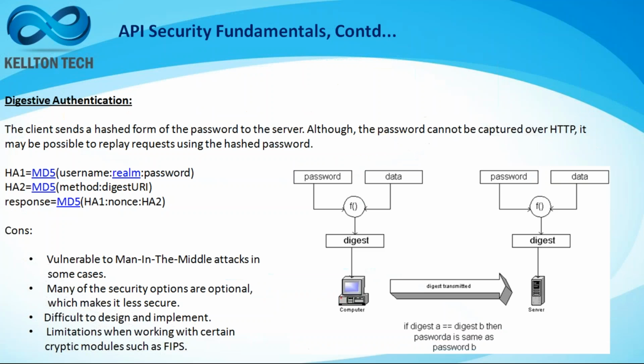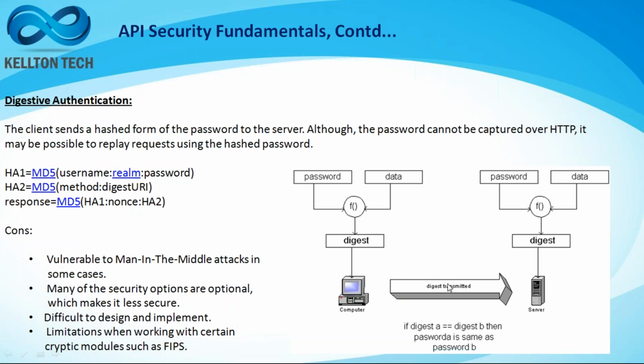Next is digest authentication, wherein we don't want to send the raw user ID and password over the network. Rather, we will be hashing the password, meaning that we will be using a cryptographic algorithm, and then we create a hash code of the password, and that's what we are going to send to the server. If you look at the slide over here, I have a diagram which depicts the hash code being generated at the client level,